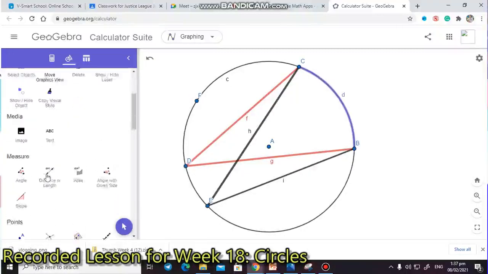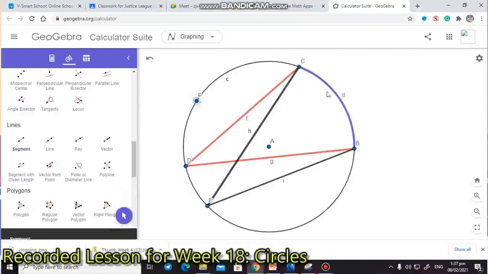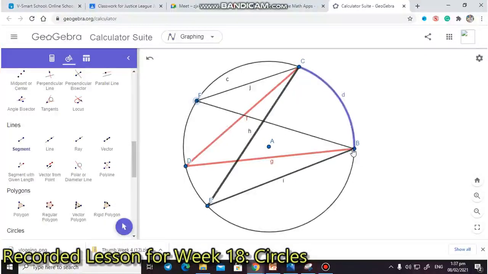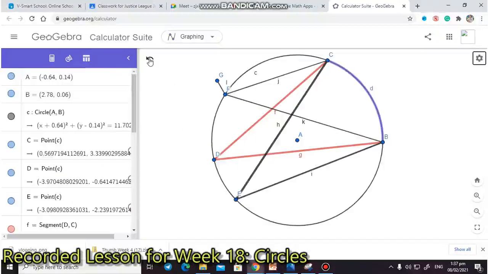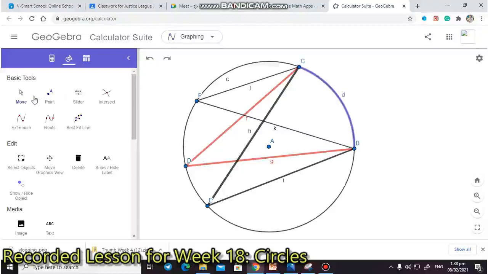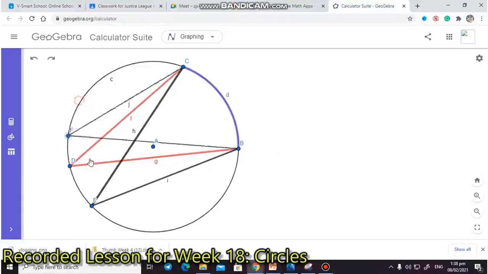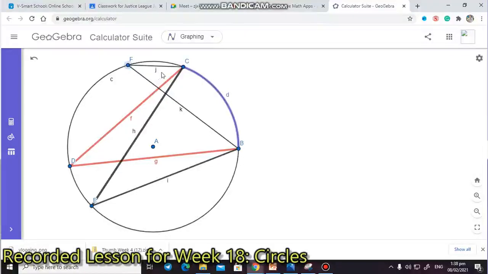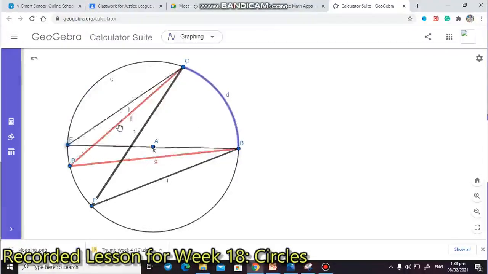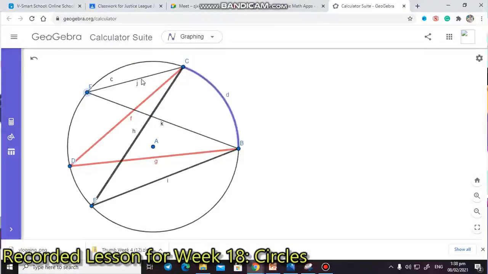For example, let me add another figure. Then let's make another line, which again lies on the same arc. This angle, this figure, is still the same, although it looks smaller figuratively. But still, the measure of the angle of this figure, and this red one, and this black one are still the same because they lie on the same arc.